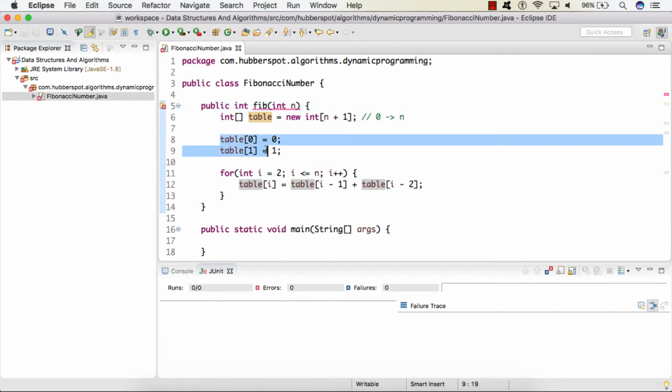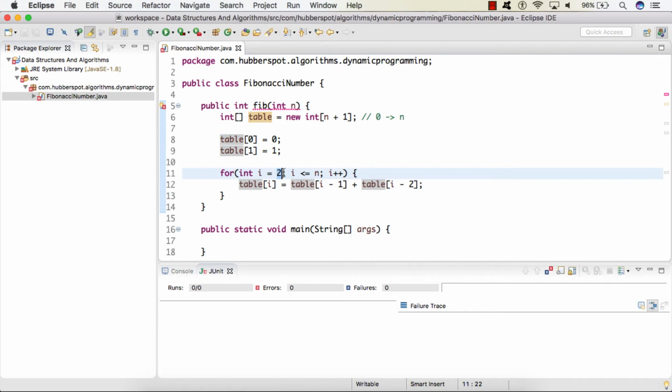So we have these first two values at index 0 and 1. The second value is computed by adding this value and this value, which is i minus 1 and i minus 2, and storing it into the second index. And similarly the third index will be calculated by adding the value at the second index and the first index.